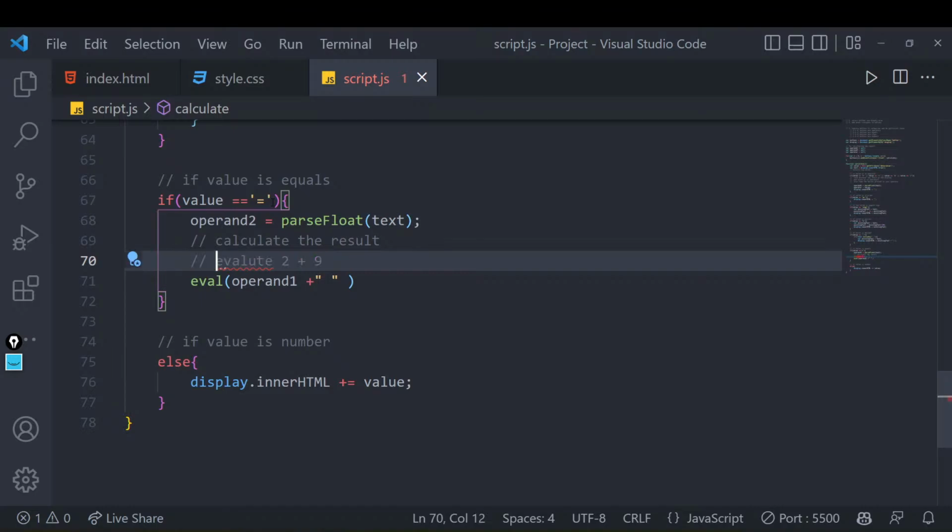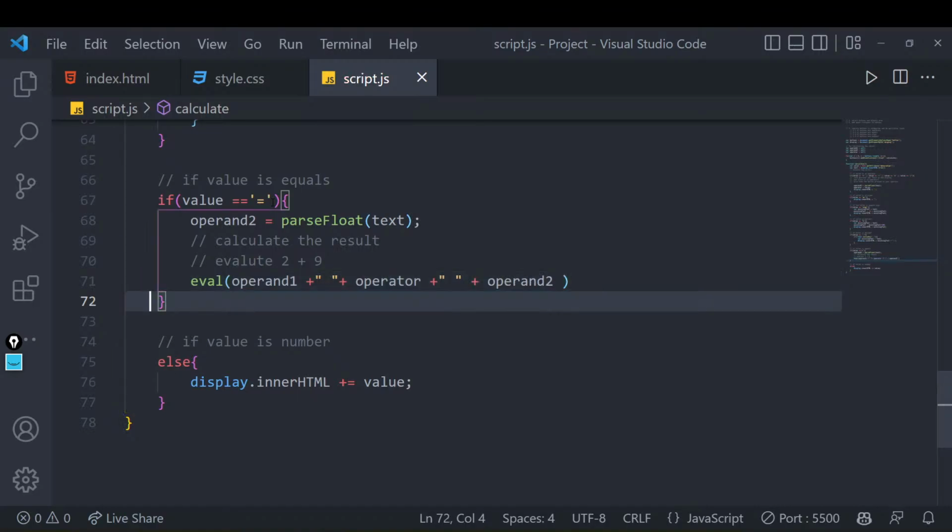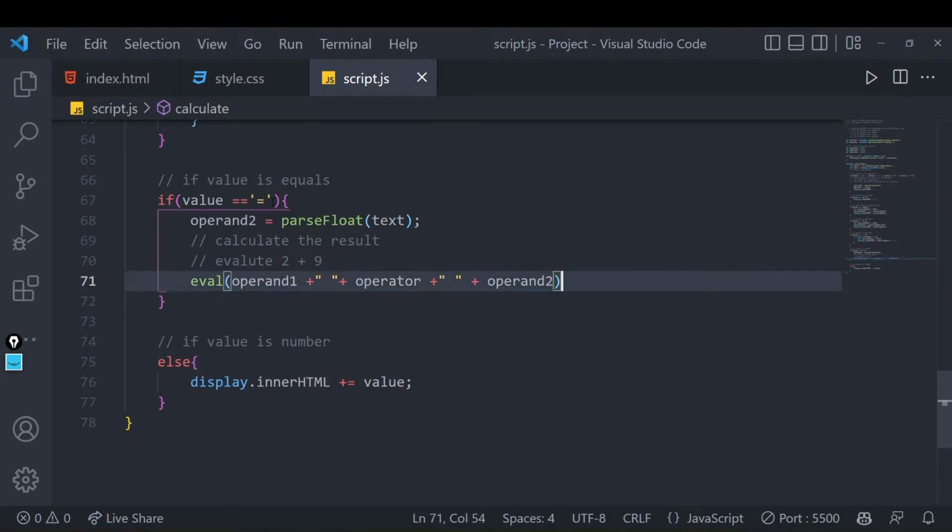Let me do that. This is a built-in function, by the way, right? I write that and I'll write operator, and then again these same things I'll be writing: plus operand 2, yeah. Cool. Then just a minute, there is an extra space, and I'll write this, right? So what is happening is, let me show you how this will work and what is the purpose of that. If I write it this way, we will just get our answer in this value.